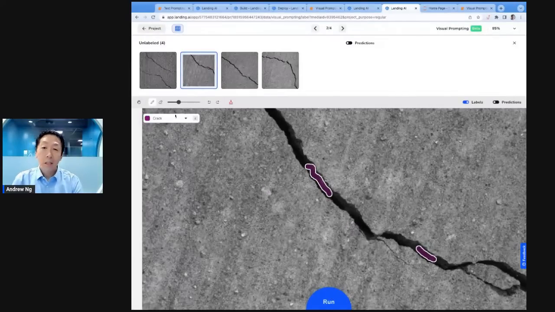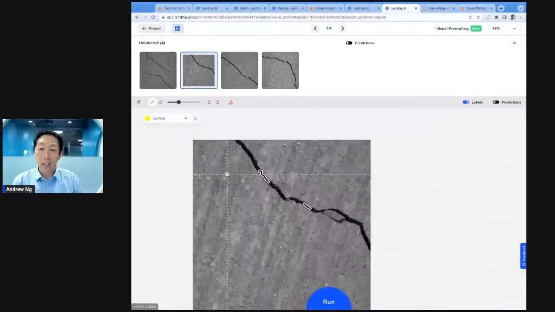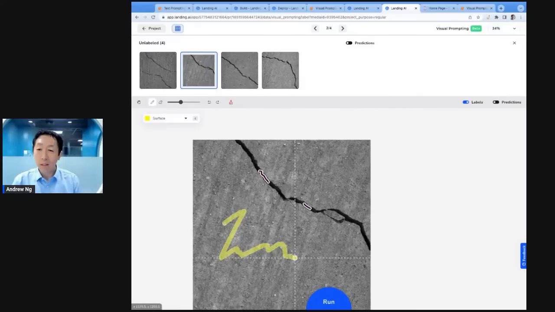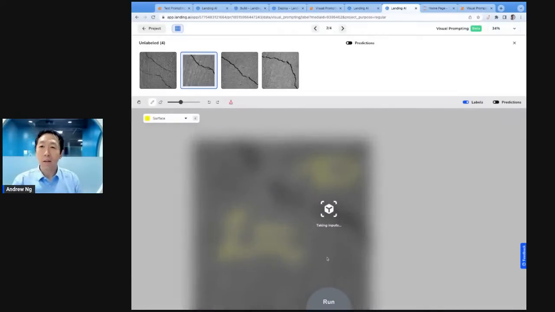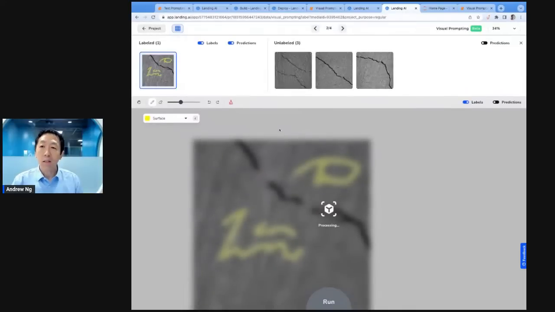All right. With many manufacturing use cases, and as you can imagine, finding cracks is not an uncommon manufacturing use case. Okay, so I said the purple stuff is a crack. The yellow stuff, that's just the surface of the thing. And then again, in seconds,